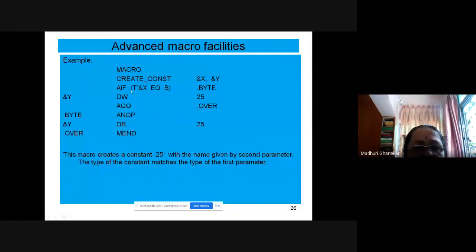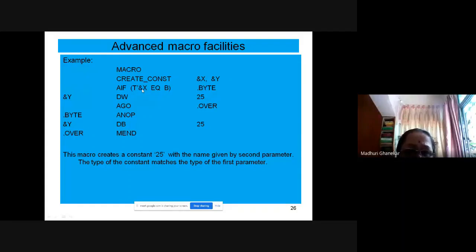Now, if type of x, I hope you remember, in one of the advanced topics, the very first thing we discussed, there are three attributes of the parameters which you can check for: size, type and length. So type of x is equal to b, means if x is a byte.